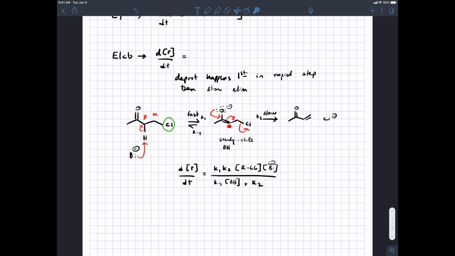The lone pair electrons that were on the alpha carbon or on the oxygen can kick down and do the beta elimination to have the leaving group leave. This is called an E1 type reaction because it's unimolecular under certain conditions, and we can explore when that's the case. As it is now, if you're told that the second step